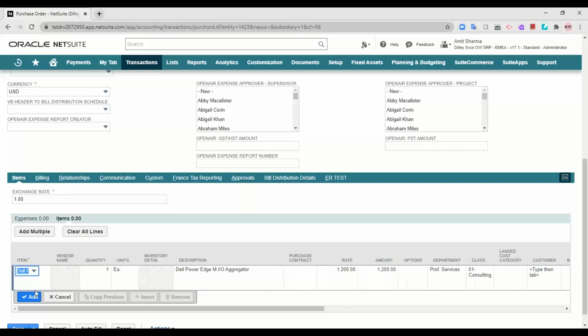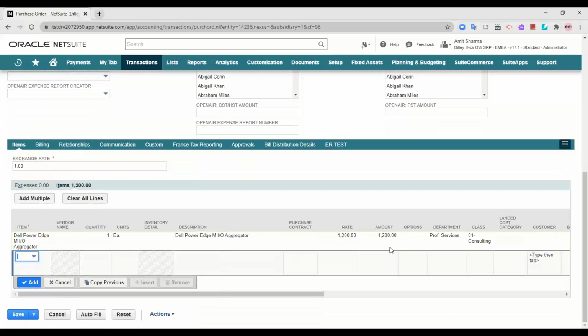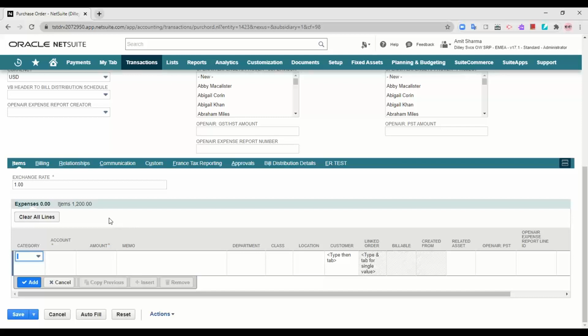Any item if you'd like to select, you can just select the item, add it, and any other expenses also, if you would like. Let's say along with this item there are certain expenses that will be incurred, maybe miscellaneous expenses, maybe a commission of some kind is attached with this item for ordering this item. So I can attach that expense also over here, and I'm going to then save all this information. The billing, relationship, communication tabs are the same for all the requisition orders, etc. that I have, and I'm going to save it.